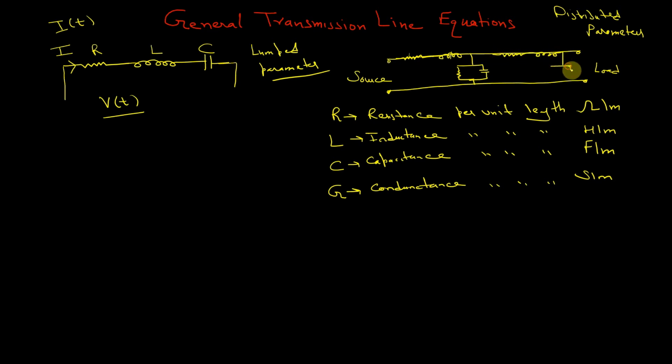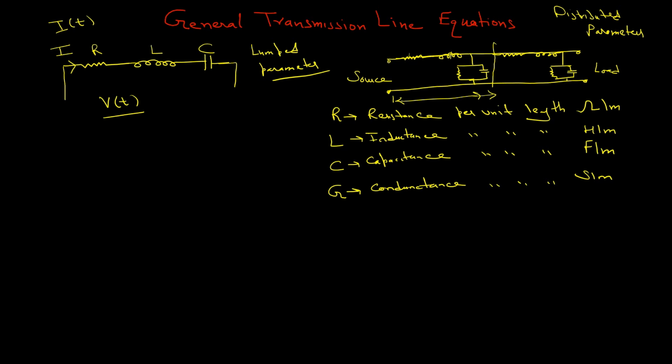So you can say that throughout the length we will have all these values. If this is a unit length, per meter, you are saying that the resistance is per meter. Let us say this is 1 meter. So after 1 meter we will have another resistance of the same value. This is how we can define lumped and distributed parameters.